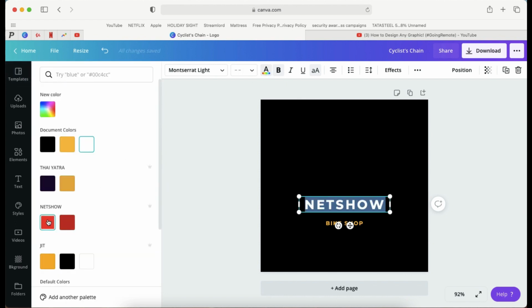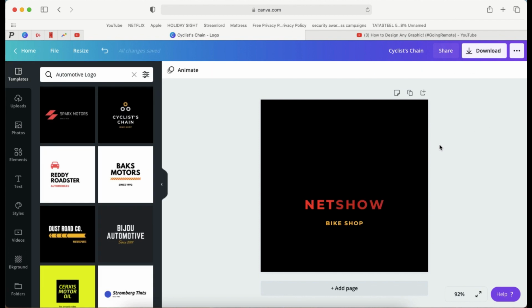Actually I have already saved my channel color. So these are my two channel colors. The main color is red. The main, in the sense Net, is only red, and select the Show. After this, Show is dark red. So this is the NetShow.